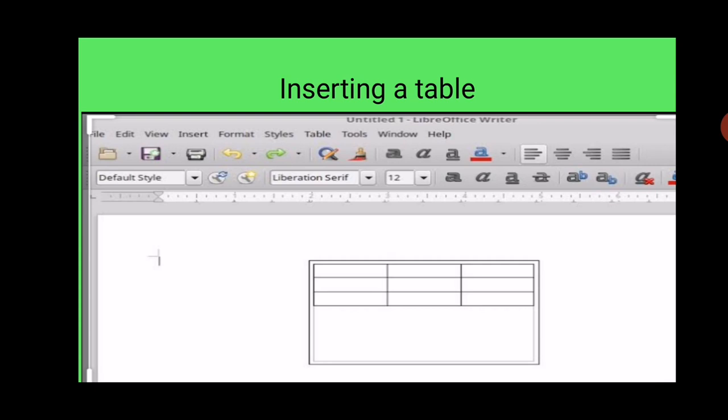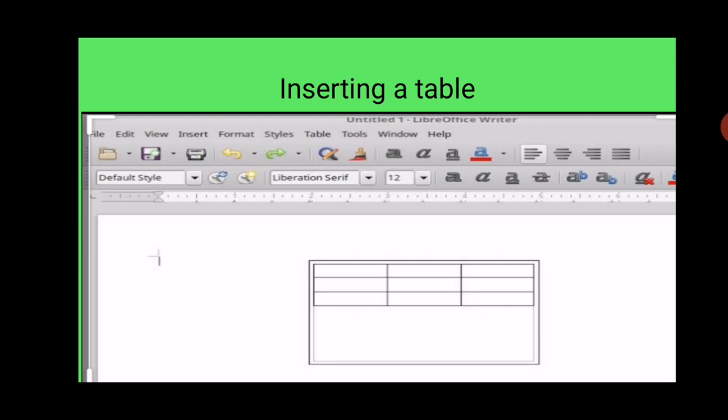In the table, when you are working and you want to delete it, you can just go to the table menu, click on delete, and delete your table. If you want to delete a particular row and column, go to the table option, click on delete, and click on row and column, selecting the row or column which you want to delete from there.